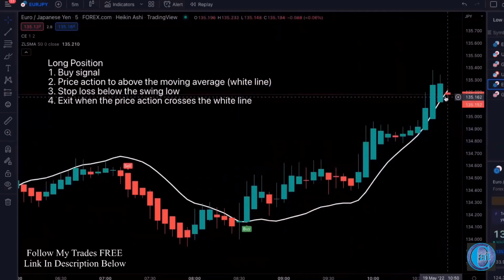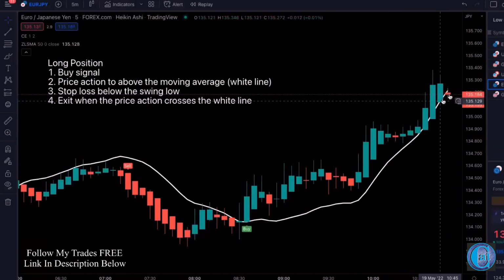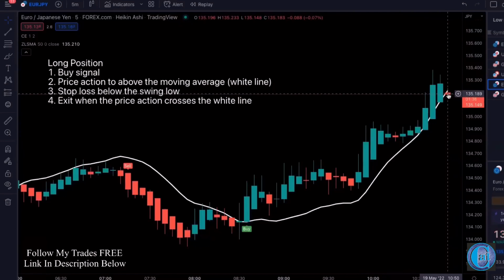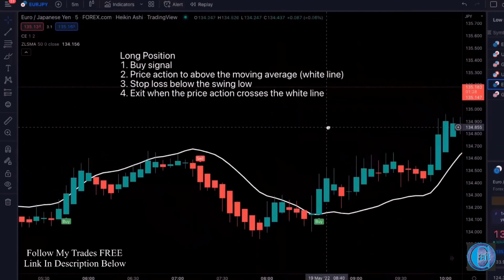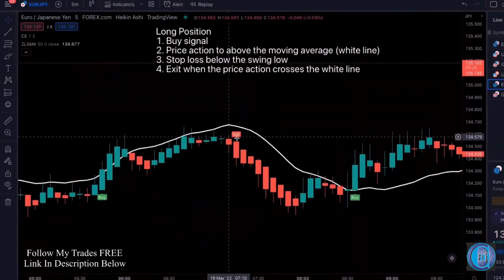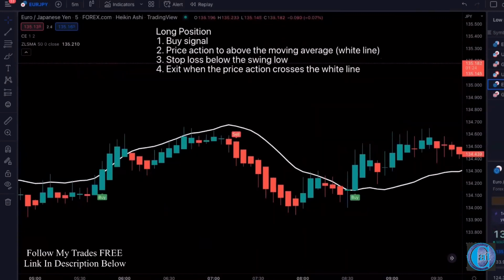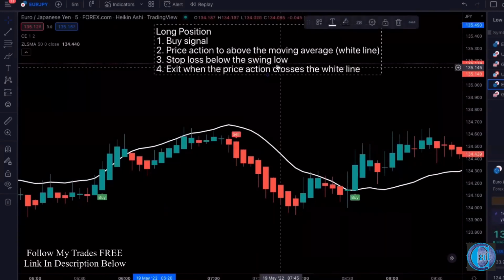So when the price action, like here, this would be an exit point, because once this candle closes, the price action right now has crossed over the white line. All right. Now let's look at short positions. For example, this would be a good short position sale. So on this,